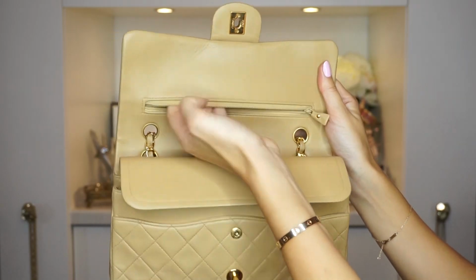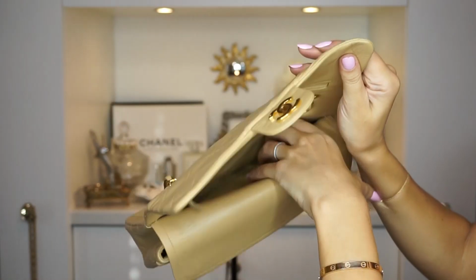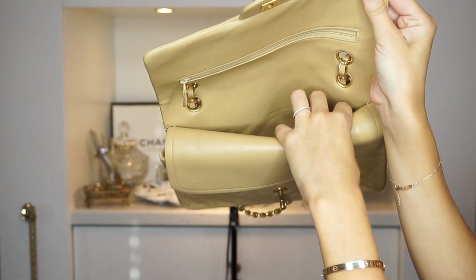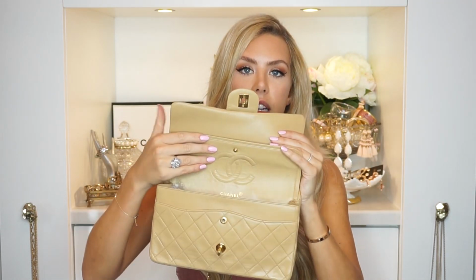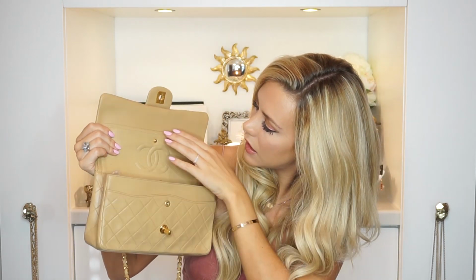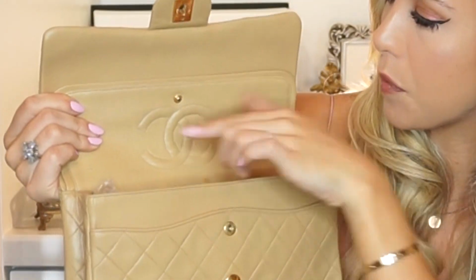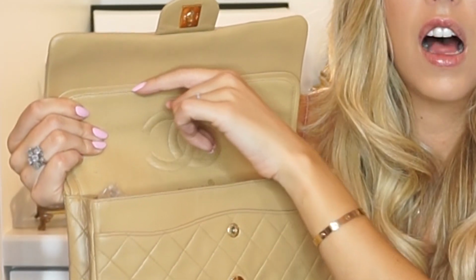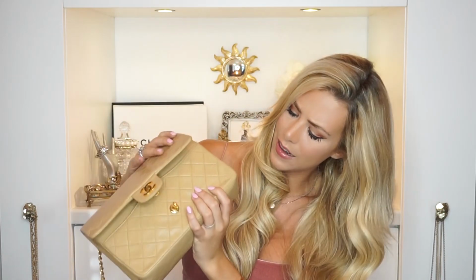So you can see it's in really good condition. So there are a couple of things to notice about this bag and why I think I got such a great deal on it. One is that this bag has been painted. Similar to mine, but I think the original color was also nude. If you look in the interior, it looks really clean, really nice. But if you look really closely, you can see a tape line where I feel that this interior was taped and the paint color was painted there to just refurbish everything. You can kind of see it as well on the corners where they were worn down